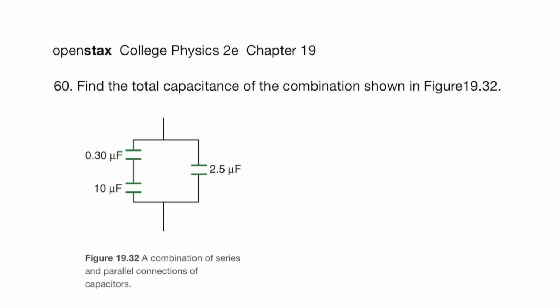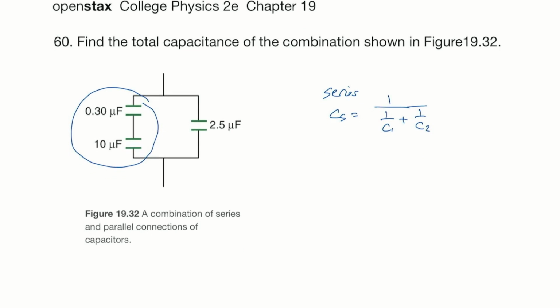Okay, so to start off, we notice that these two are in series. And that is because they come one right after the other without any branching. And so for capacitors in series, we use 1 over the first capacitor plus 1 over the second capacitor. And so here we find the capacitance of the two capacitors in series is 1 divided by